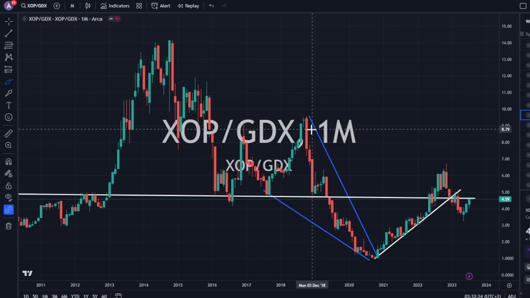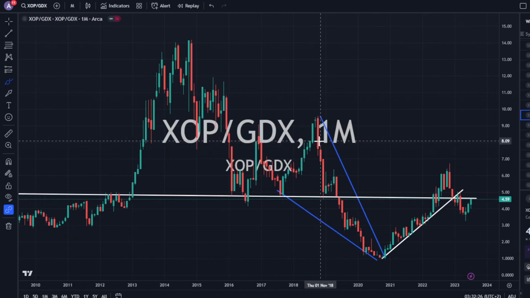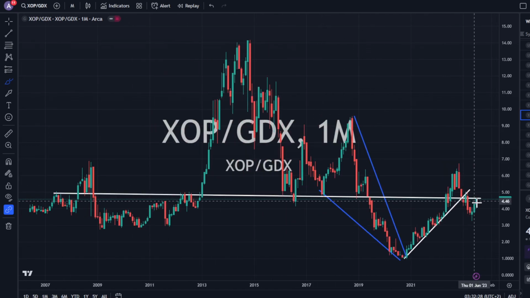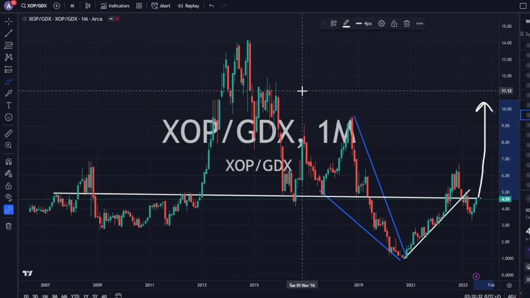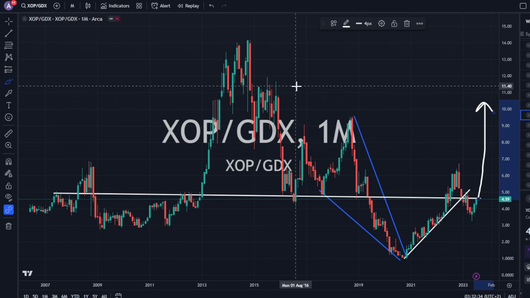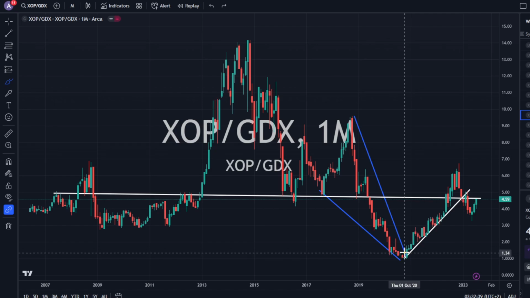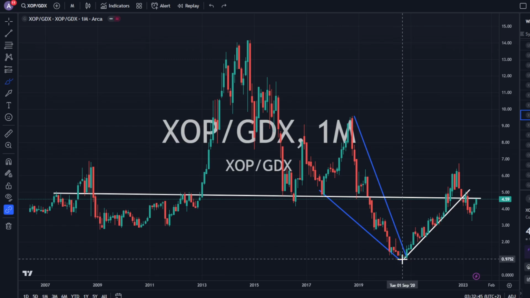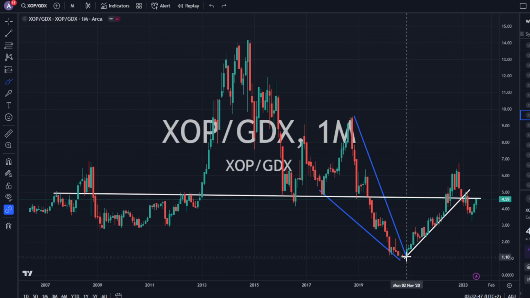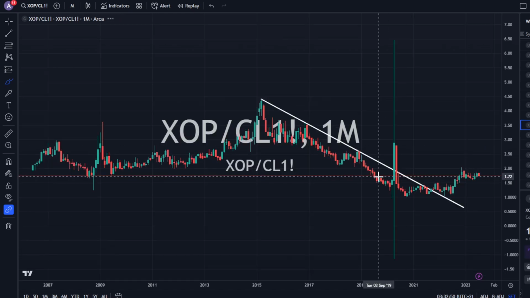We have XOP versus GDX. As weird as this looks, guys, we could get a big move still with XOP outperforming GDX depending on what the market conditions look like. This is a clear, obvious pick in October and September of 2020. I did use these to some extent in my decision to load up into the exploration production companies.